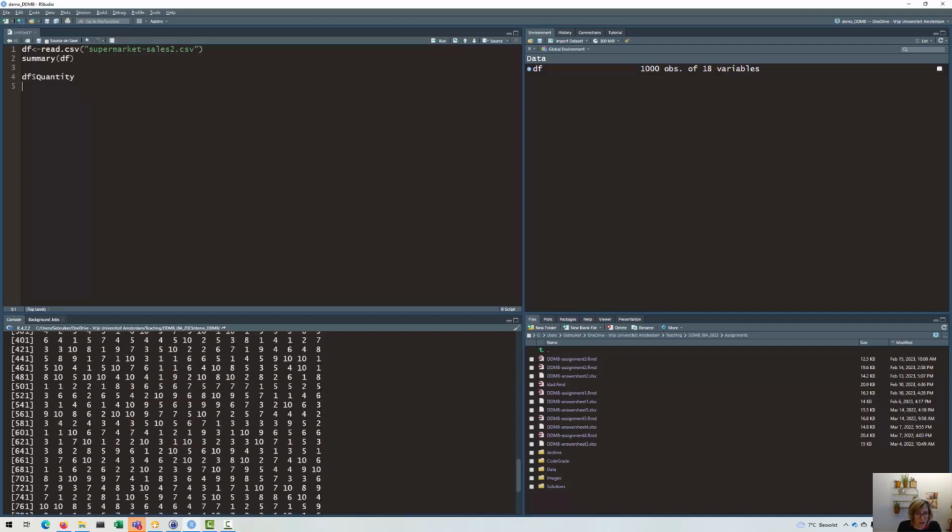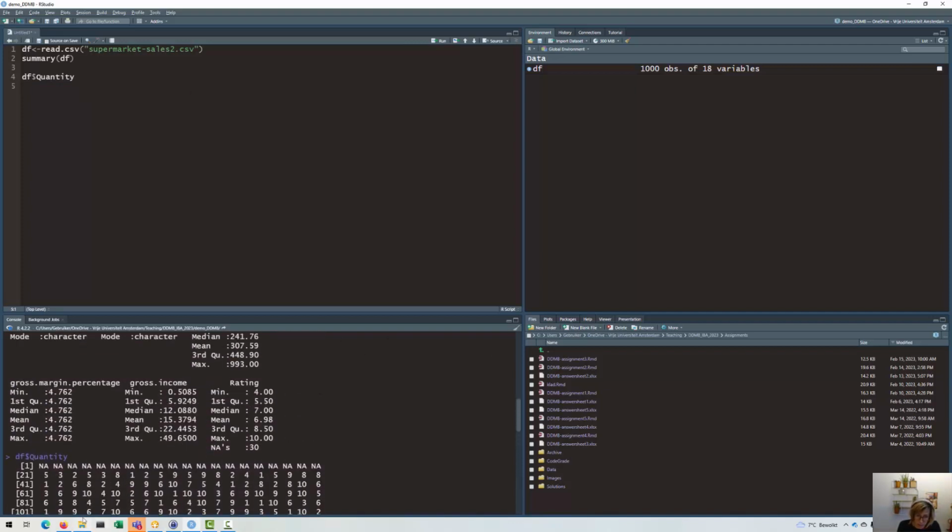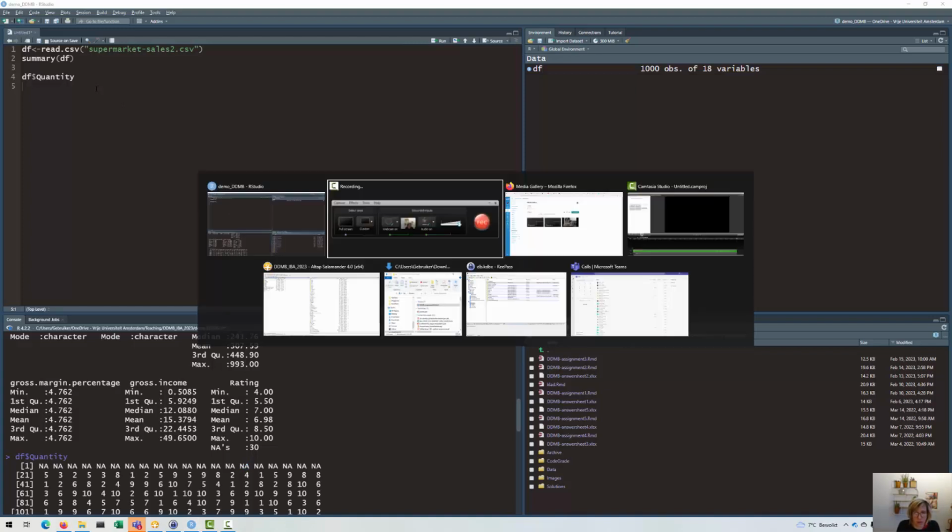So quantity has numbers from 1 till 10, but the first ones are NA. Now please mind that this NA has a special value in R. So it's not considered a word, it's also not considered a number. So we can use specific functions that actually run for this